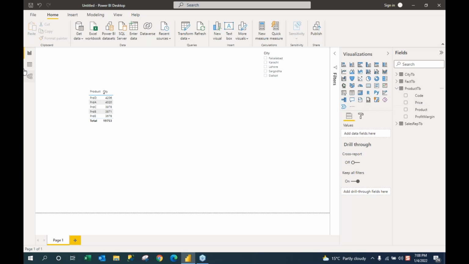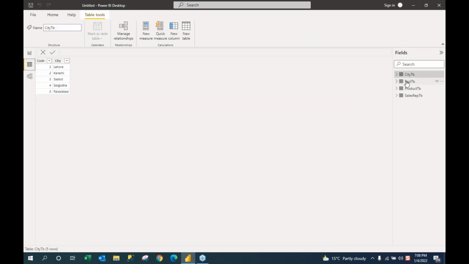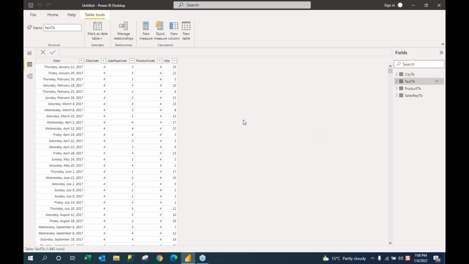So how can we do this? So I'm using the first DAX function. So what is a DAX function here? DAX functions are the functions that are used to create